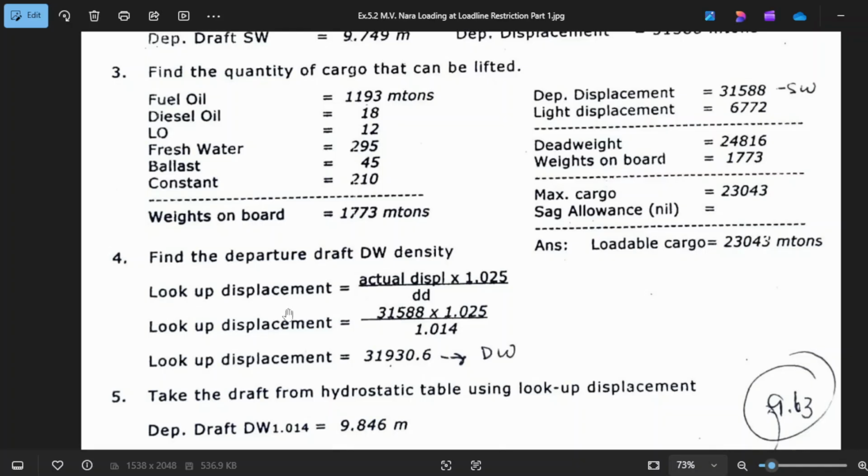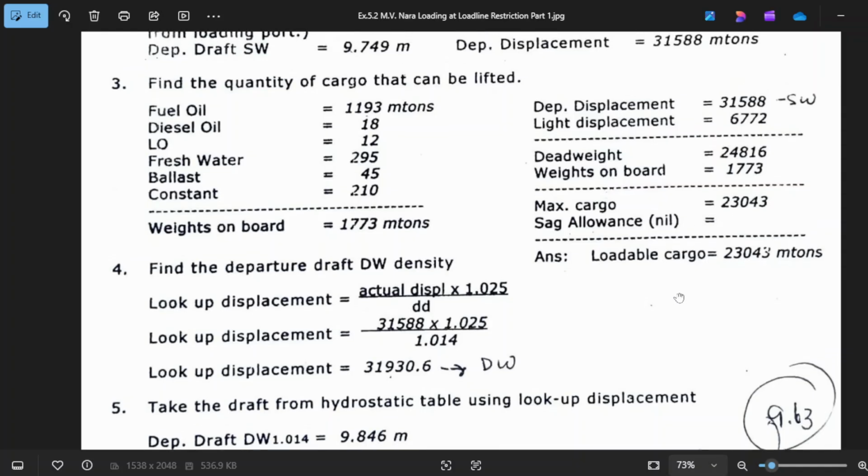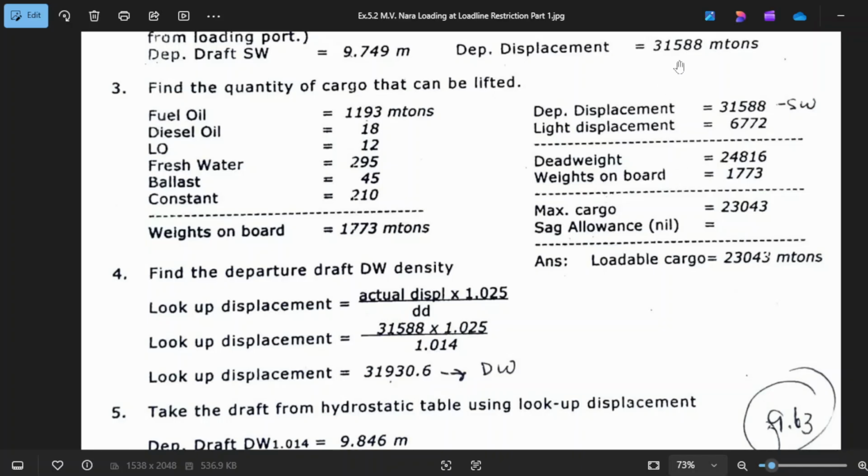So the formula is: look up the displacement, the actual displacement, which is 31588 times your salt water density over your local density of 1.014.